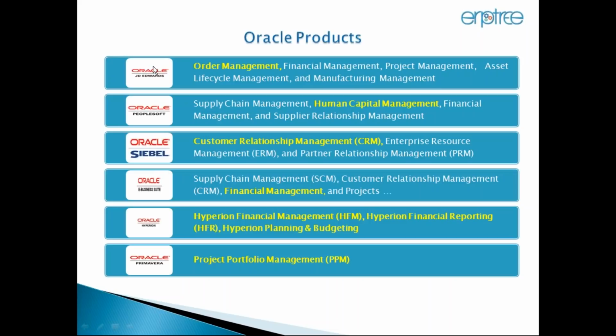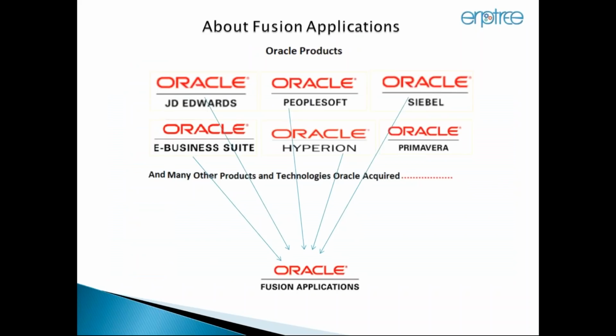What they did is, from all these acquired products, they identified the best solution. So for example, from JD Edwards, order management; from PeopleSoft HCM, human capital management; from Siebel, customer relationship management, CRM; from Oracle EBS, financial management, nothing but our Oracle financials; and from Hyperion, HFM, Hyperion financial management, HFR, Hyperion financial reporting, Hyperion planning and budgeting; from Primavera, project portfolio management. Whatever I just mentioned in the yellow color, you can consider as very popular from the respective products. So they took these solutions from the different ERPs, and by taking all these into one suite,